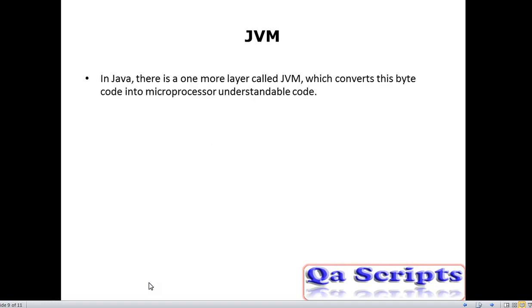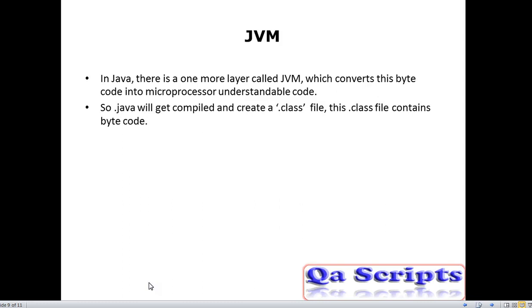In Java, there is one more layer called JVM, which converts the bytecode into microprocessor understandable code. So .java will get compiled and create a .class file. This .class file contains bytecode.